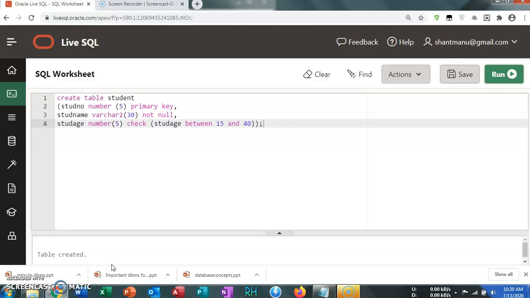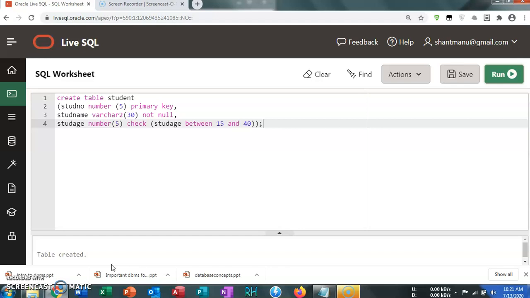So let's discuss the details of that particular table. Create table, name of the table is student. Then student number is the first column having data type number into bracket 5. 5 is the width of a particular column. Primary key means it is a unique identification key, means it avoids the duplicate value from the student number. So then student name is the next column having varchar 2, means text data of width 30.